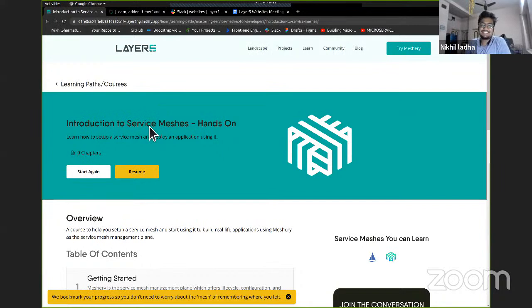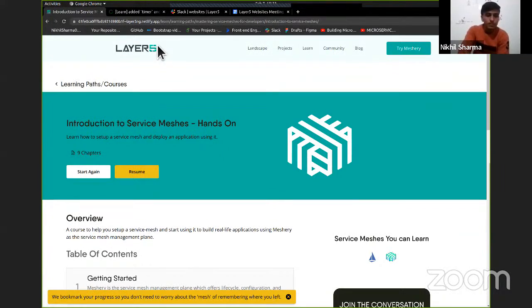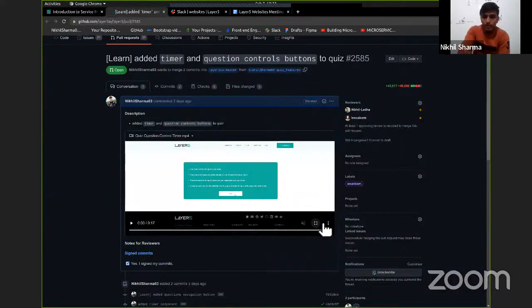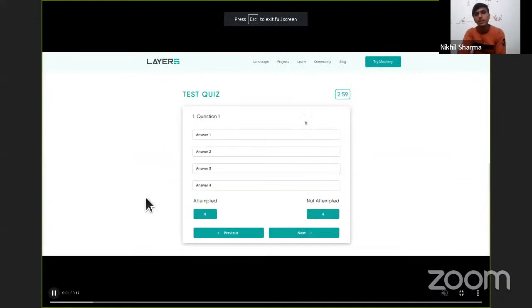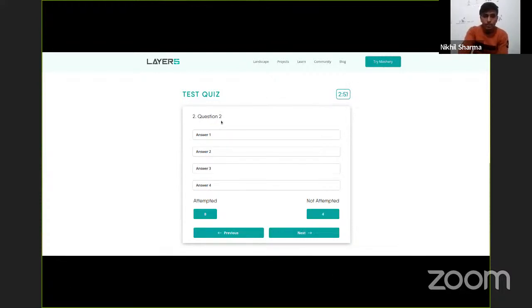Okay, so this was the first update, and the other update is that I made two changes to the quiz. Number one is the timer component. Whenever the quiz starts, there's a timer going, and there is navigation control for questions, so you can go to the next question and the previous question.